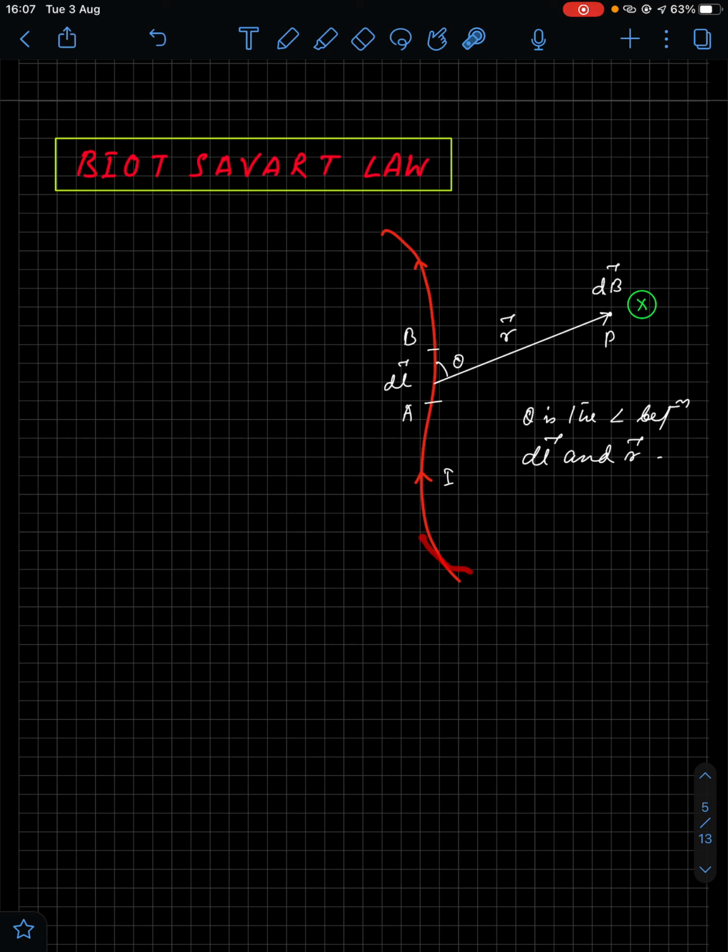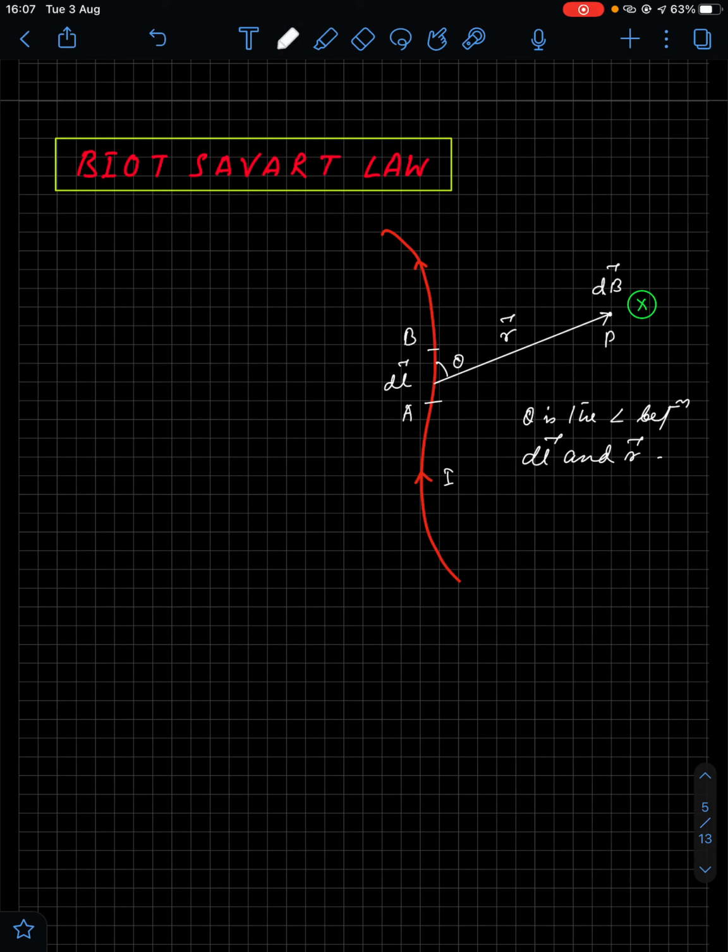So we come to the Biot-Savart law next. You have this current carrying wire, current I. You consider a very small length element dl vector AB. Now we consider a point P which is at r distance away from this dl length element, and this r vector is making angle theta with the current carrying wire. We have to find out the magnetic field at this point due to this current carrying wire. The magnetic field will be represented by dB vector. The magnetic field is a vector quantity.